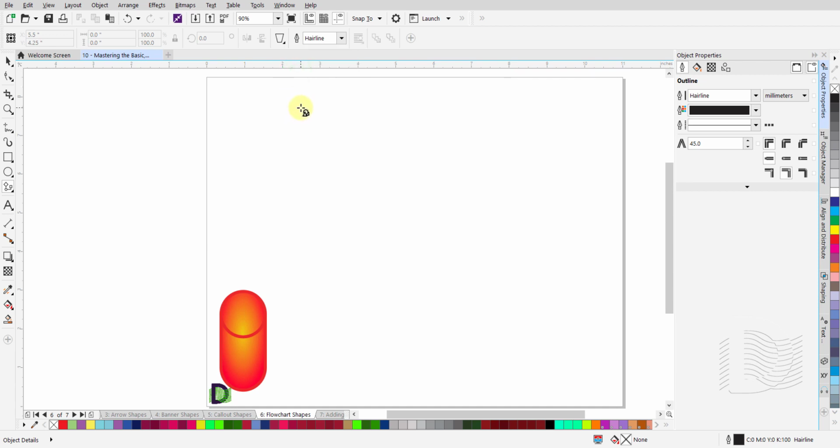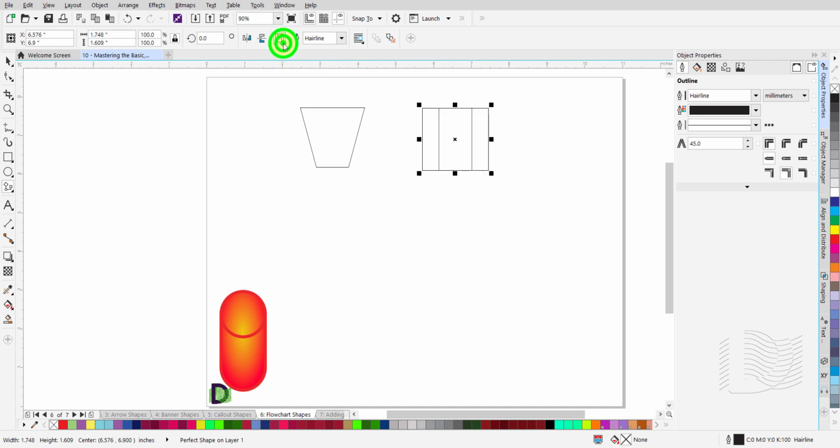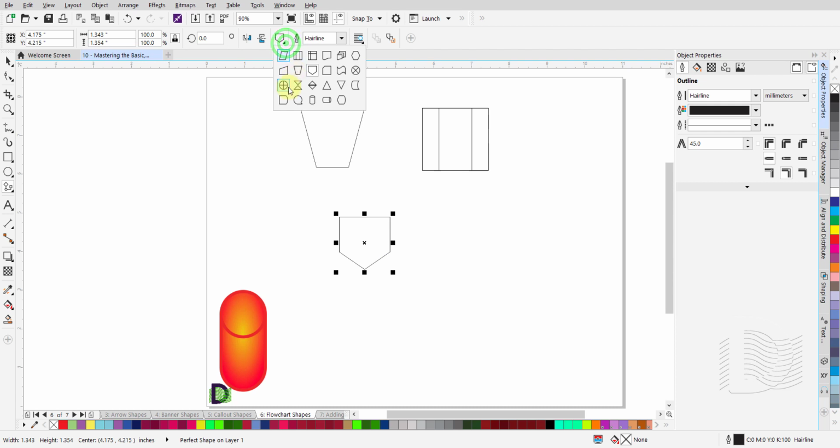Left-click and hold and drag the mouse to draw the shape. When you release the mouse button, you will notice that this shape does not contain any glyph. As I mentioned at the start of this tutorial, none of the shapes in this group contain a glyph. Now, click on a different shape from this group and draw it on the canvas. I am going to pick 5 more shapes and draw them on my canvas. You can pick shapes of your choice.